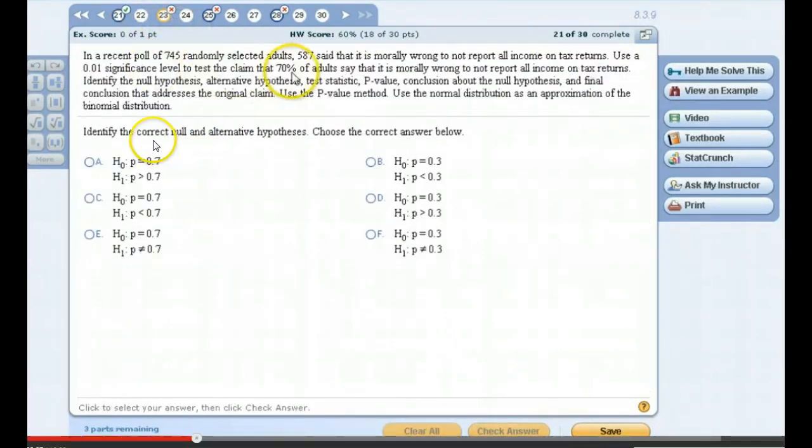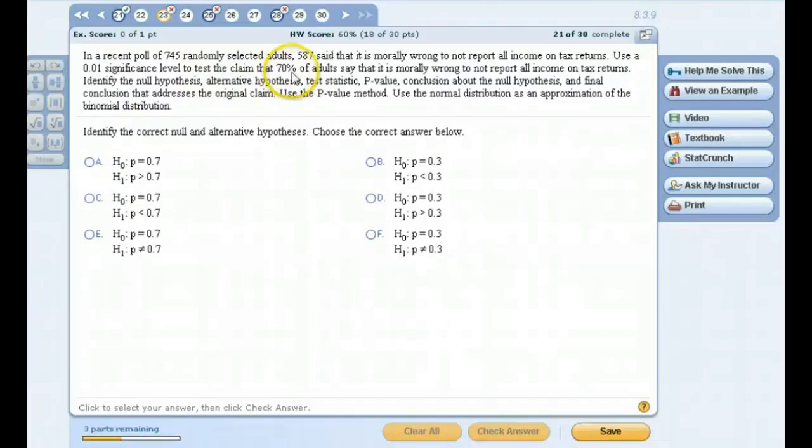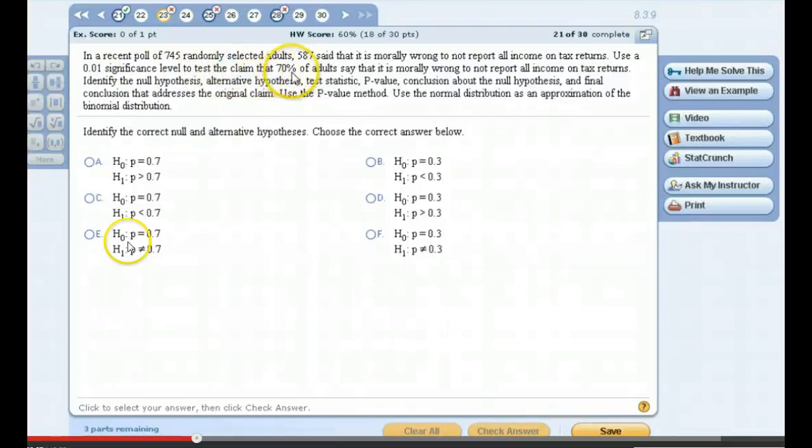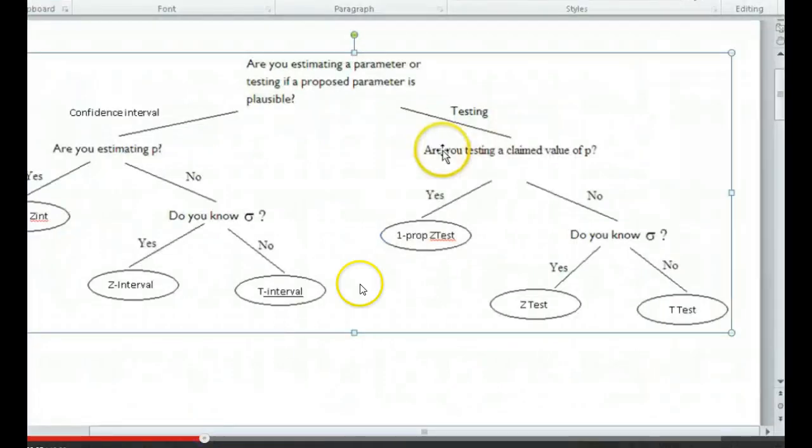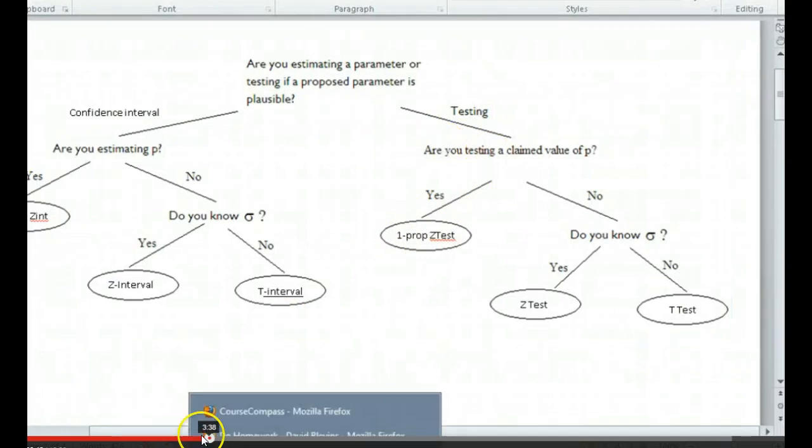Alright, if we look at this next example, again, I see a percentage right here. So when I see a percentage and when I'm seeing things to test a claim about a percentage, that goes back to what we were talking about before. We're doing a test. Is it about a claim value of p? Yes. So it's a 1 prop z test. So if I'm looking at this,